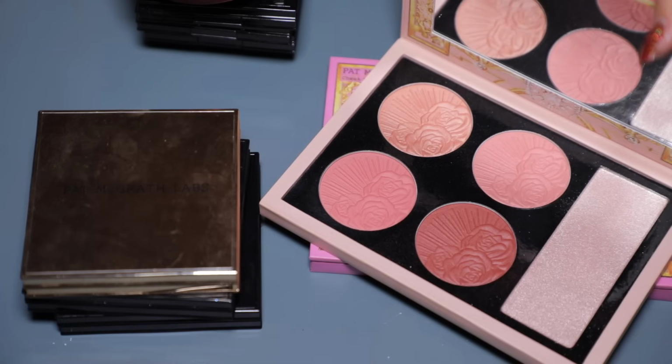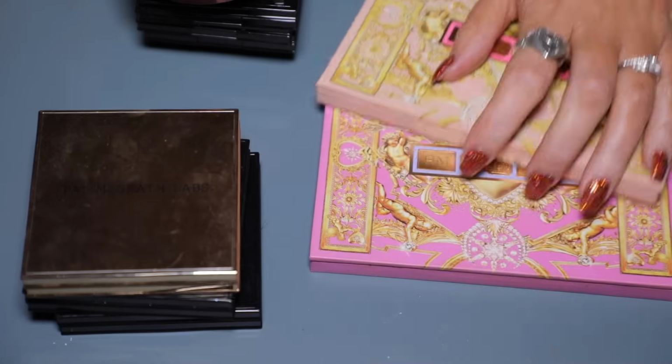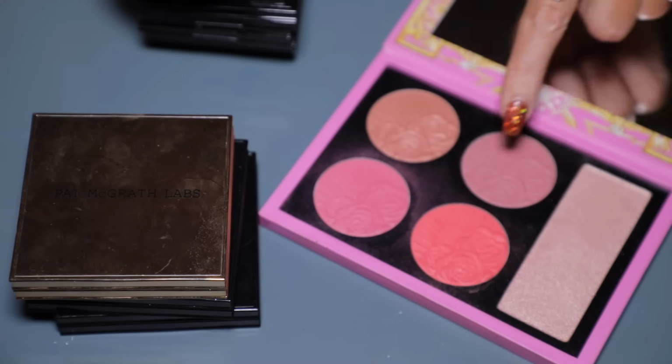So I'm waiting for her to release maybe some new shades and things like that, because I would definitely eat those up if she launches them. So I have a couple of these face palettes with these beautiful highlights. This blush,